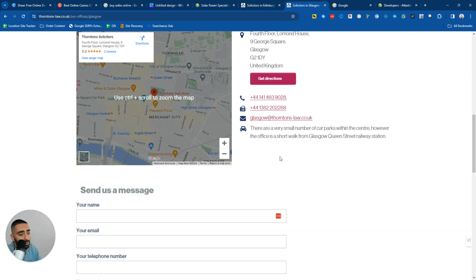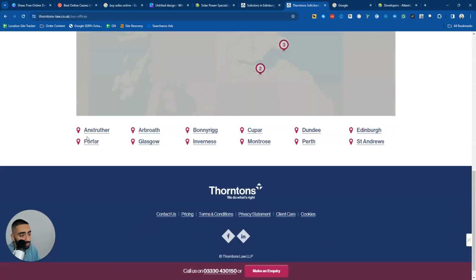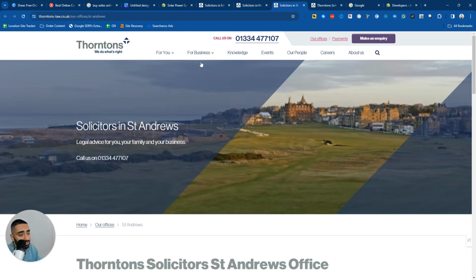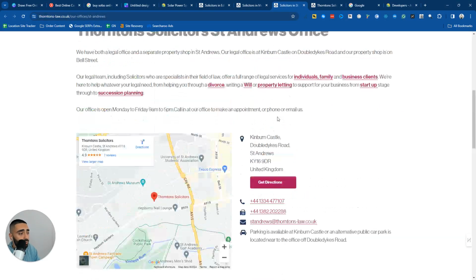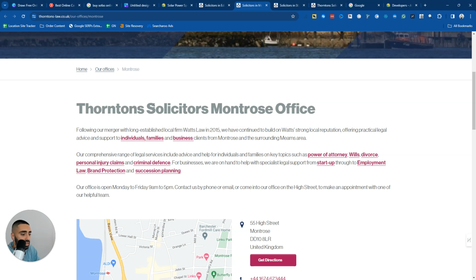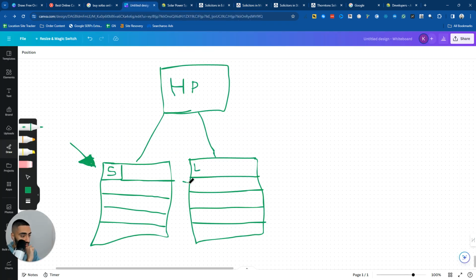So the good thing about these service pages, these location pages, is you can actually have multiple of them. Actually, they do have quite a lot. So they've got Dundee, they have Edinburgh, St Andrews, so on and so forth. And as you can see, they've essentially got a very similar strategy, where they're just scaling out locations, and they are tweaking the content a little bit and basically saying which services they actually provide in that area. So these are actually internally linked. That's a really bad arrow, but these location-based pages actually internally link to their service pages, which is really good,